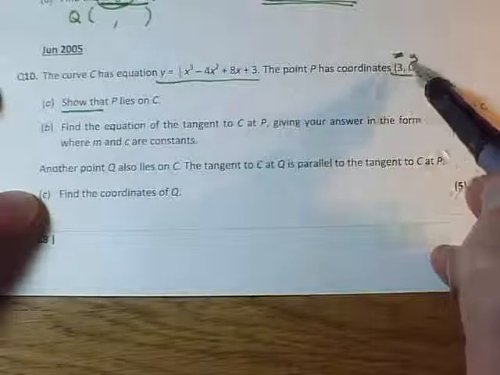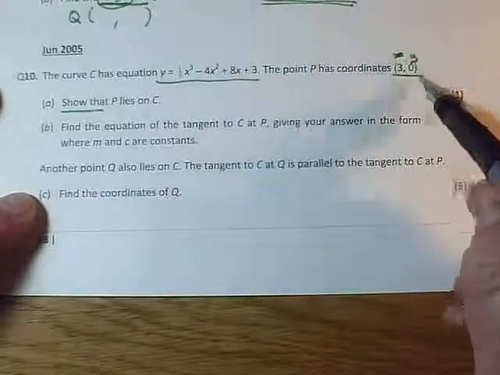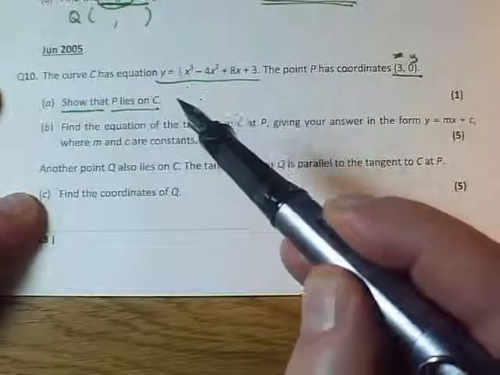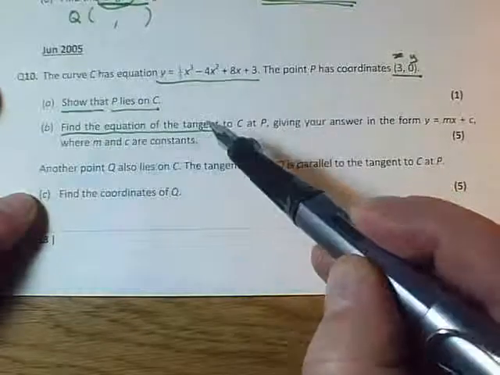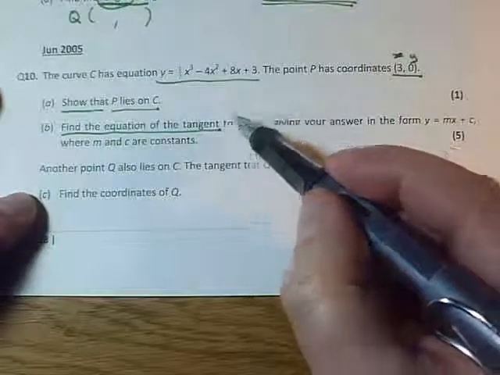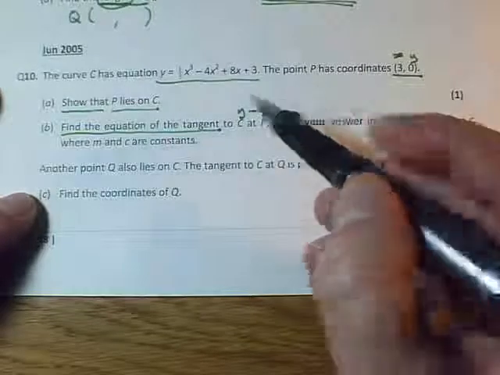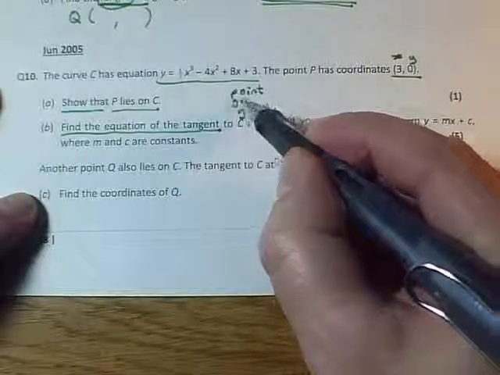So if you take X to equal 3, plug it into all of this, get an answer, then you should get this answer here, and then you can comment that P does lie on C. Then we have to find an equation of a tangent. Well, a tangent is a straight line, so you're going to be using the y minus y1 recipe. But before you can use that recipe, you need a point and you need a gradient, so you need those